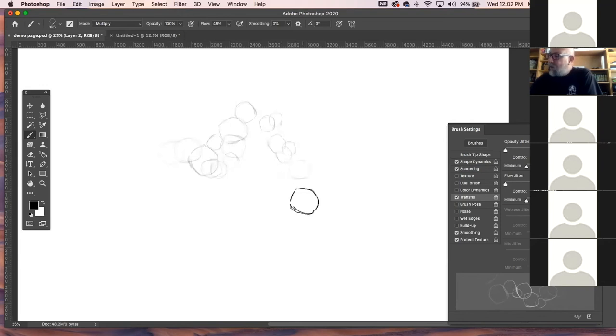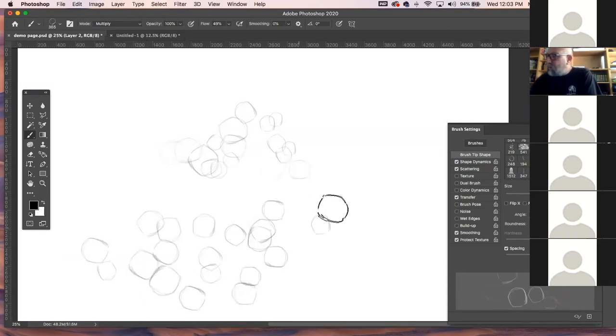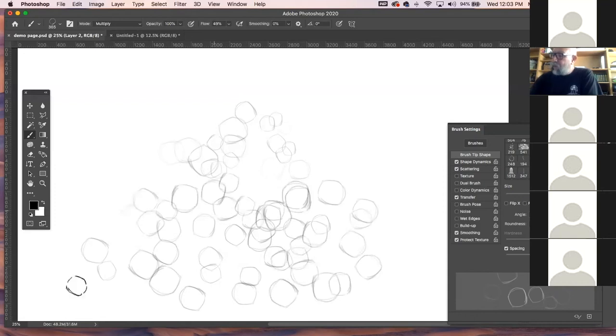So if I scattered these out a little more, let's do this. Move them out a little bit, and then I want to pull them apart a little bit. There. I want them where they're not touching. Yeah, a little more random. So I could pull them a little bit more where they're not touching, but this is fine for now. And what could I use that for? If I turned it,